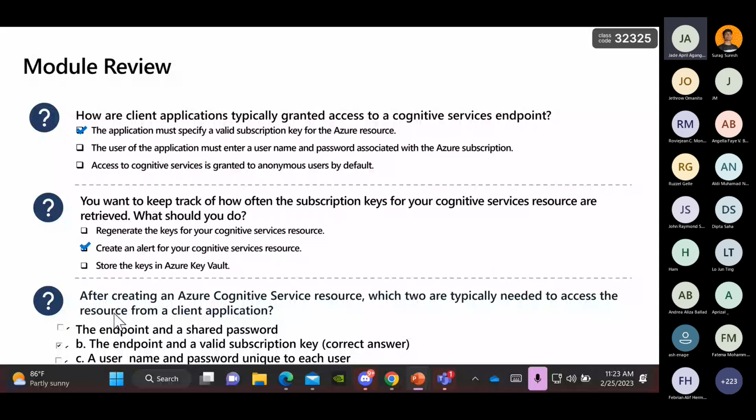And the third one: after we have created an Azure Cognitive Service resource, which two are typically needed to access the resource from a client application? Are we going to use an endpoint and shared password, the endpoint and a valid subscription key, or a username and password unique to each user?